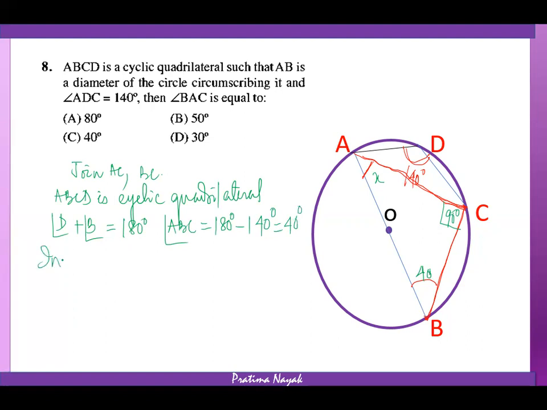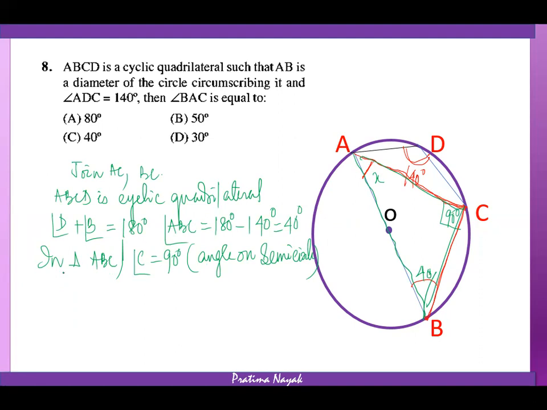Next you write, in triangle ABC, angle C is 90 degrees. Why is C 90 degrees? Angle on a semicircle. Semicircle means angle on the diameter, it is on your AB. This angle is on AB, so it is always 90 degrees.